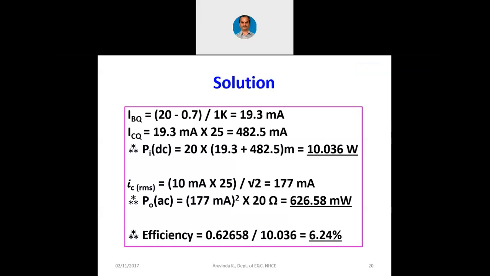Not only that, that heat is going to affect the life of the components which we are going to use, especially the transistor. The transistor is going to heat up heavily because 94% is not available at the output. 94% is dissipated in the circuit itself. So for this particular transistor, we should have an effective heat sink so that it will easily dissipate all the heat into the atmosphere. Otherwise, the life of the transistor is going to be drastically reduced.